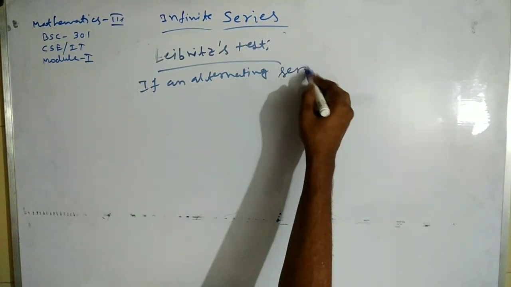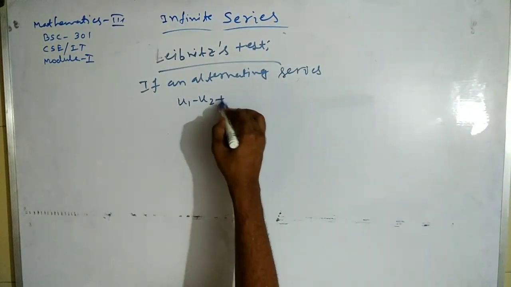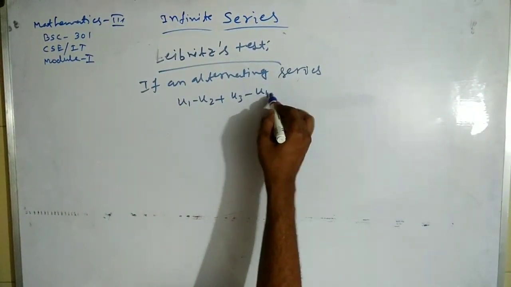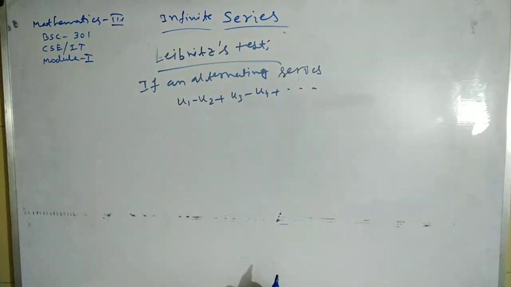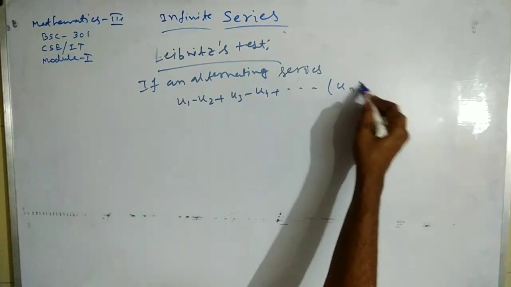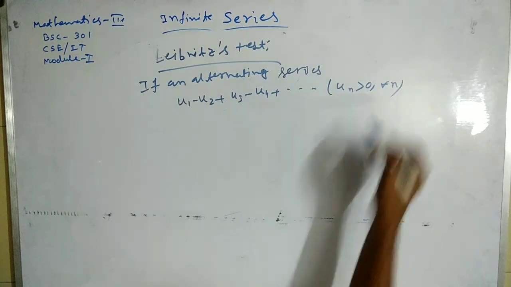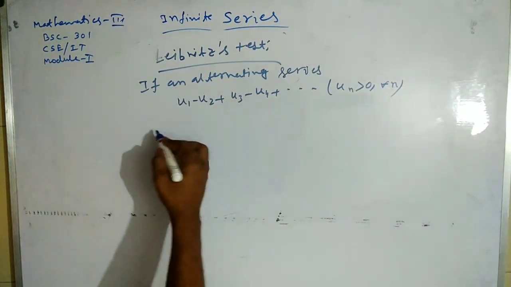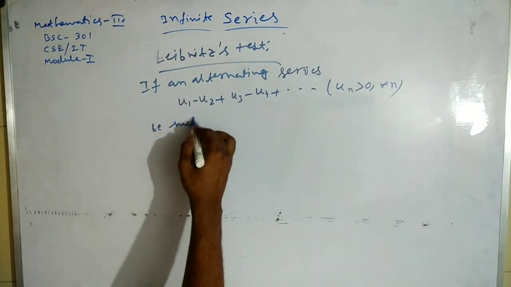If an alternating series u1 minus u2 plus u3 minus u4 plus dot dot dot, like this, and un is greater than 0 for all n, be such that